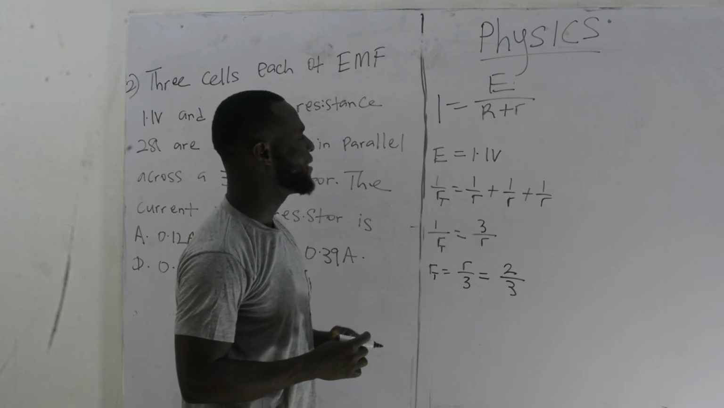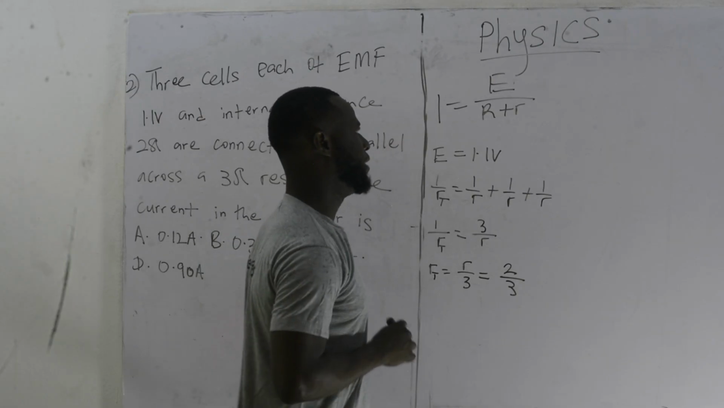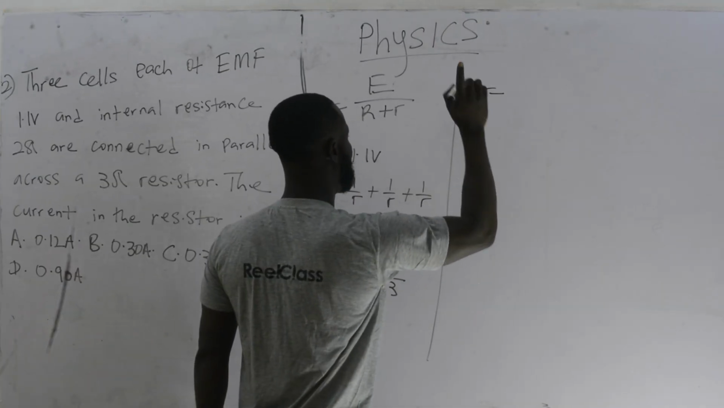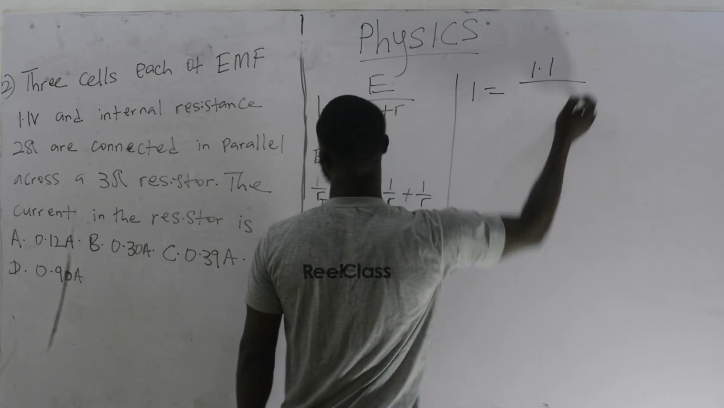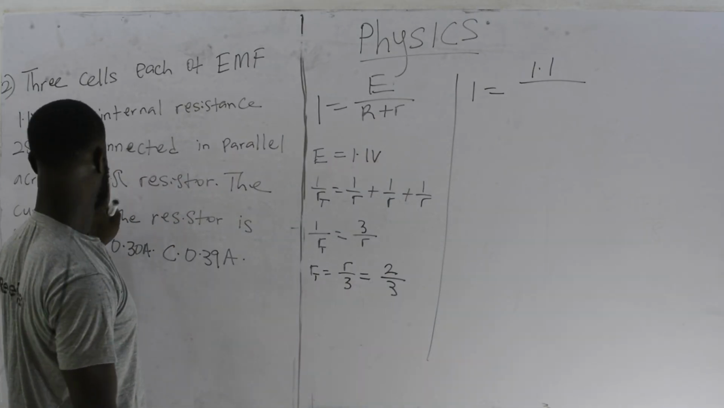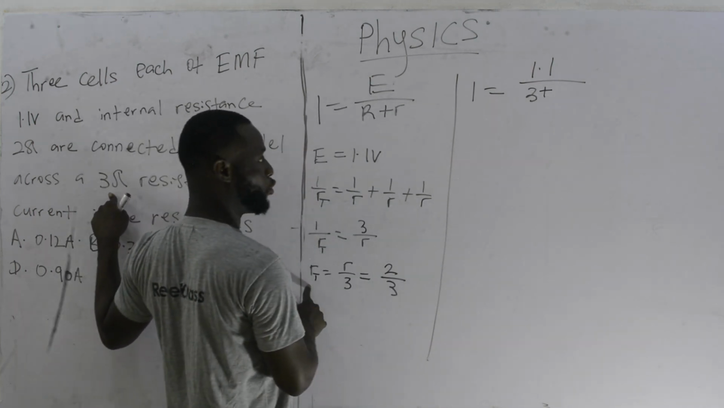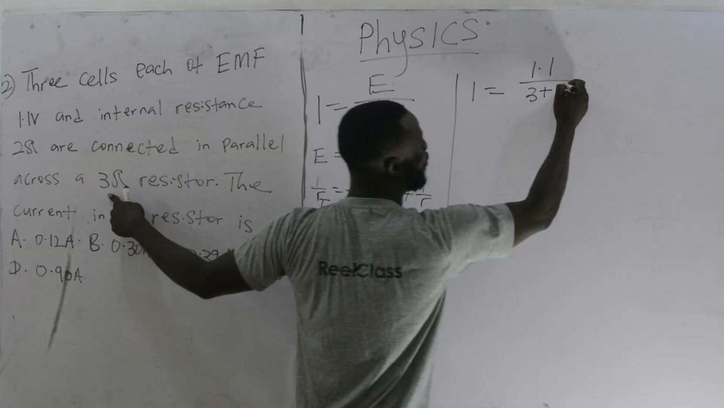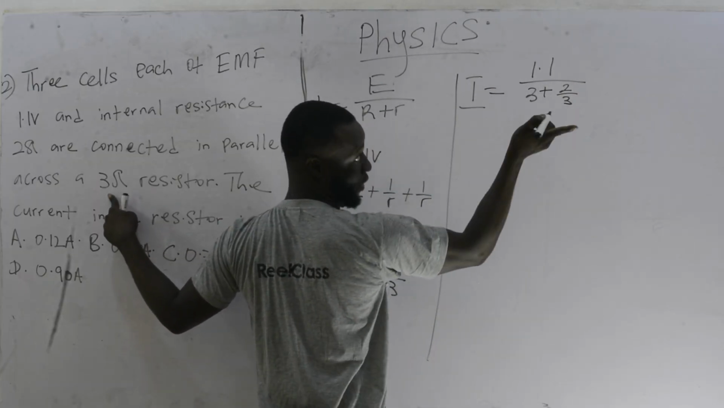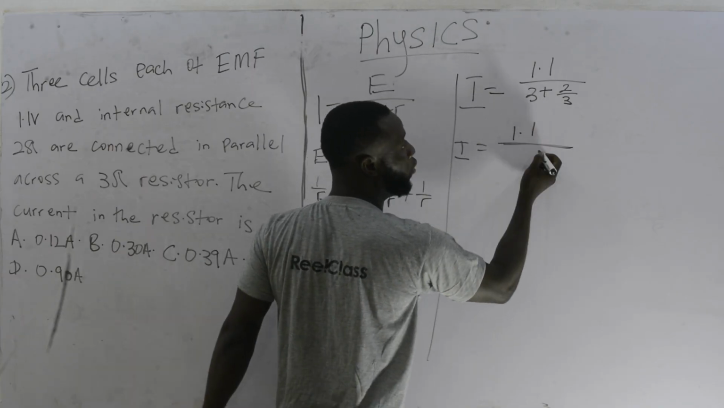So let's go ahead and solve for our current. Solving for the current, I is equal to the EMF, which is 1.1, over the external resistor, it was connected to an external resistor of 3 ohms, so 3 plus my r total, which I'll be using here as 2 over 3. Now I can simplify this whole stuff. This is the current I, so I can simplify this as 1.1 all over